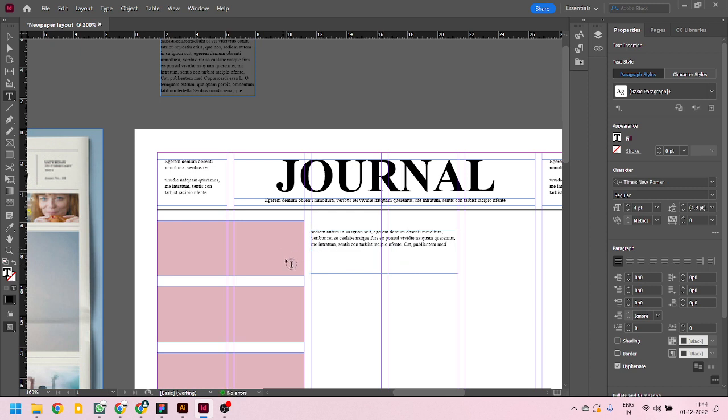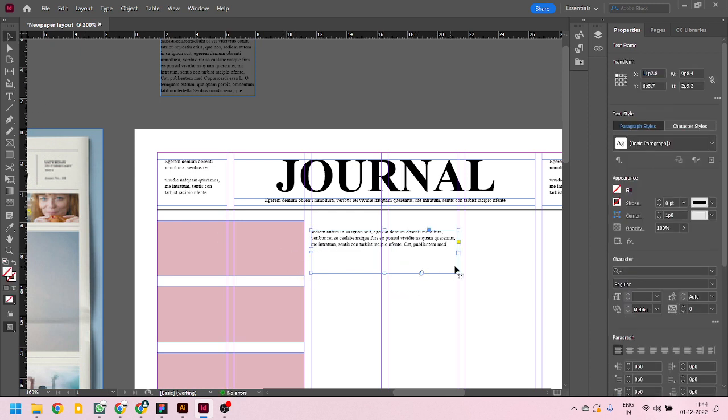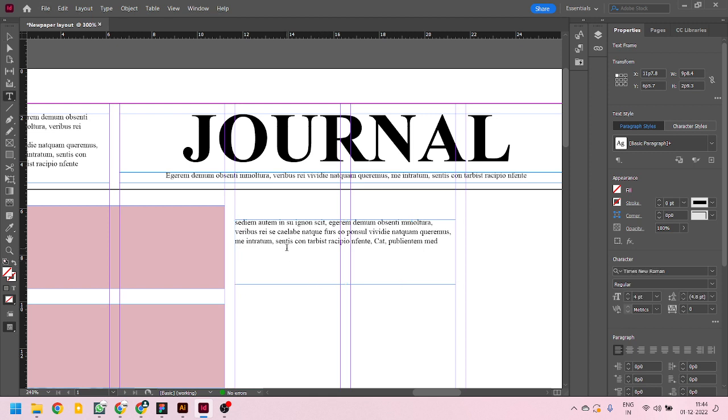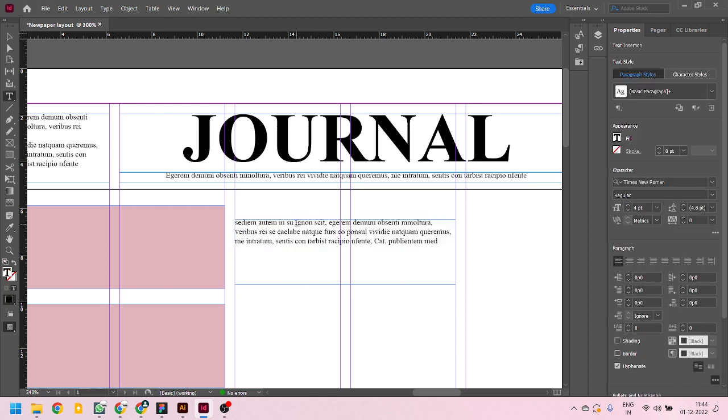Okay. Now we'll have to first break it into three parts so that we can have something for the header and something for the, yeah, let's call it footer. It is not a footer, but let's call it footer. So I'll select this part,